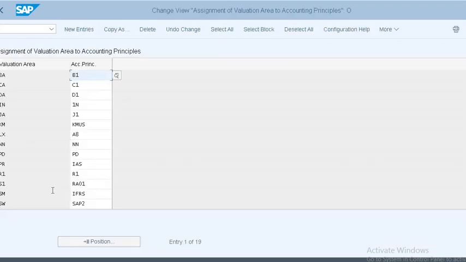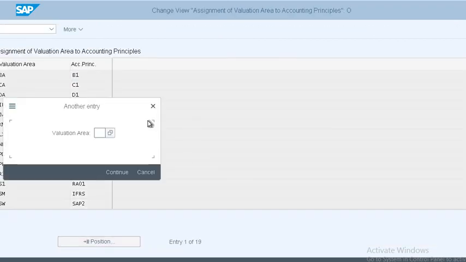And assign the valuation area in accounting principle. What is our valuation area?